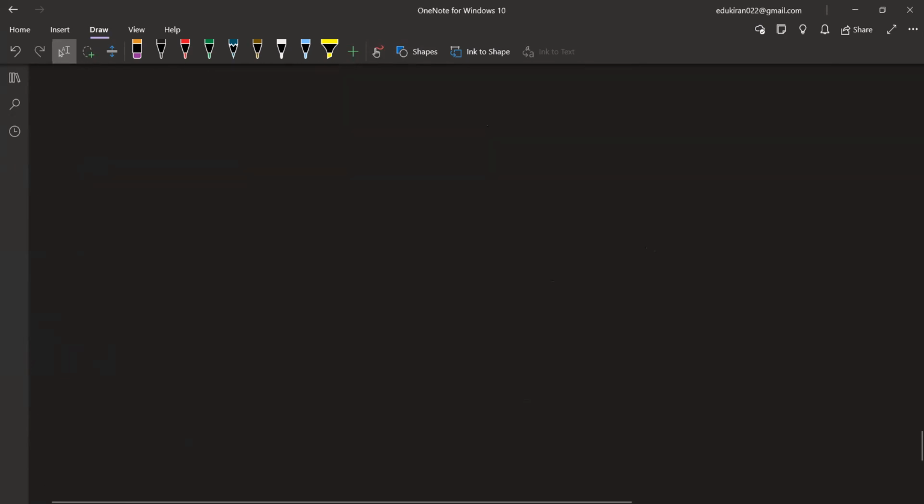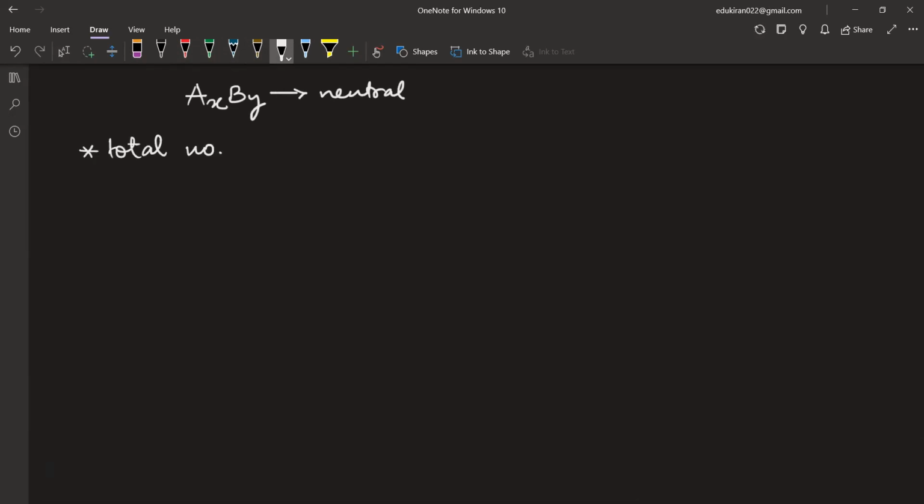Okay. So let us suppose we have a molecule in which the formula is given as AXBY. Okay, we have a molecule like this, and this molecule is neutral. In this case, you'll write the total number of protons. The total number of protons will be equal to